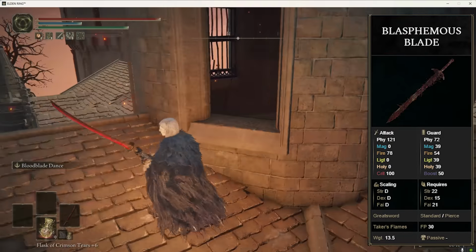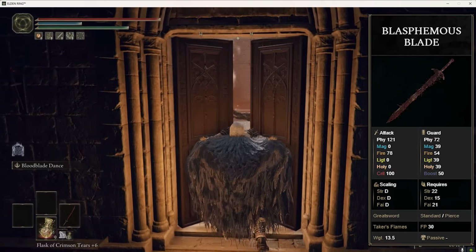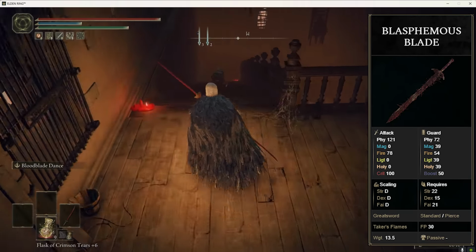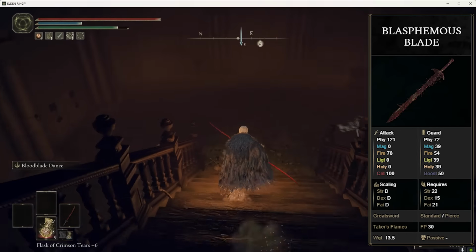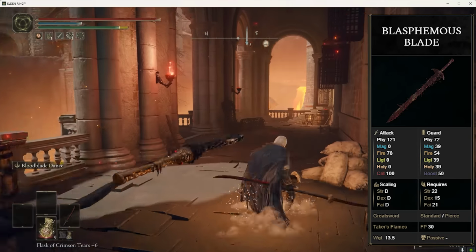You're going to go around. There's going to be a place for you to jump into this place. Open up the door just so you have the shortcut open. Watch out for that guy. Then we are going to go down the stairs. I believe there's also a Site of Grace down here, if I am not mistaken, but